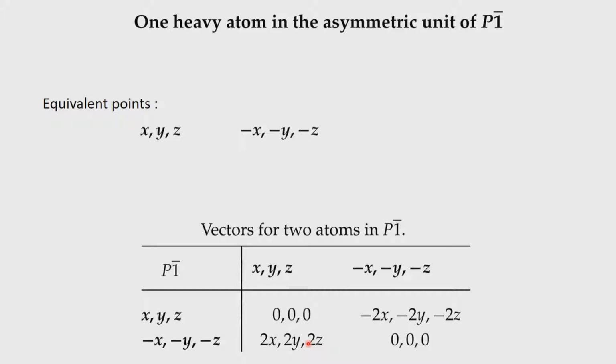So, we have these two corresponding peaks appearing, one at 2x, 2y, 2z, the other at minus 2x, minus 2y, minus 2z. So, use these two to find out x, y, z. So, that means you divide this by 2, divide that by 2, divide that by 2, and this one again divide by 2, divide by 2, divide by 2, but do a x bar, y bar, z bar to go over to x, y, z. Then you will get a unique solution for the heavy atom. So, P1 bar system is fairly straightforward.